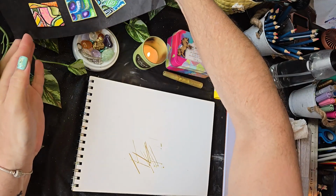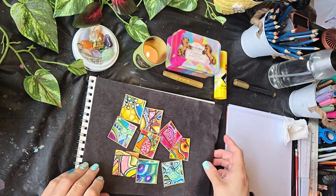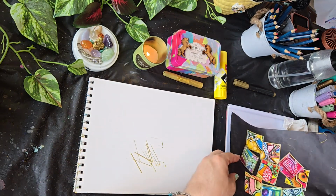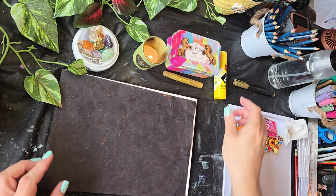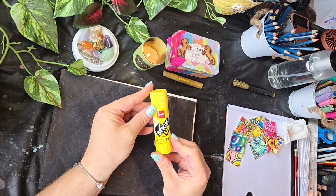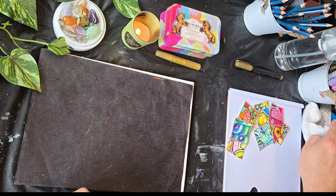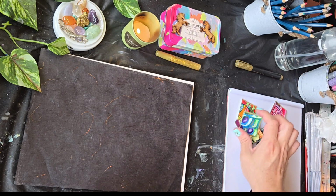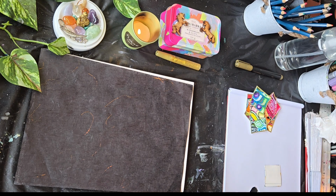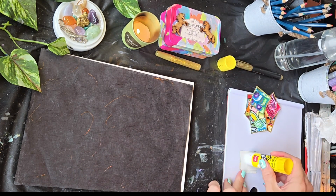Alright, you guys, welcome back. So I have framed each of these little tiles, and it just helps me to unify it all. So I'm going to use just an ordinary glue stick just to stick these down, and I wanted to use this one in the middle, so I'm going to start with that one, and I'm just going to randomly put them around and